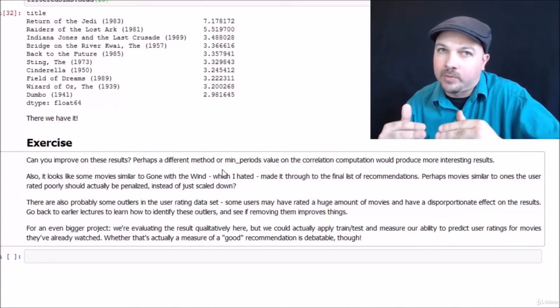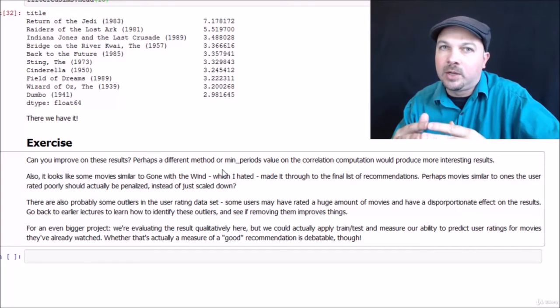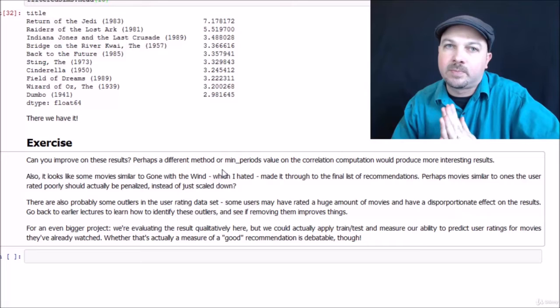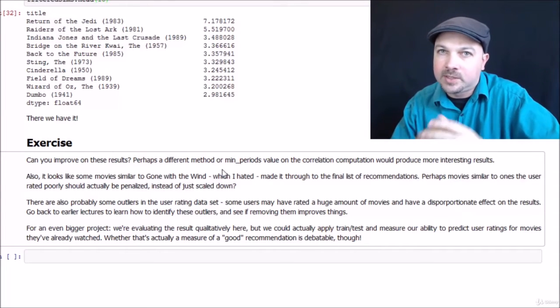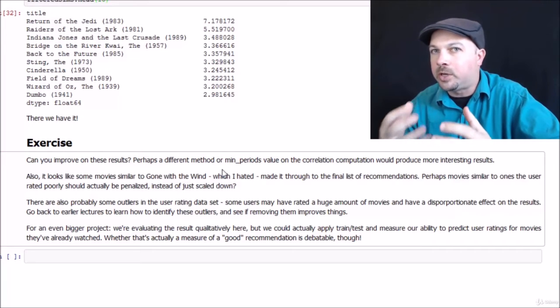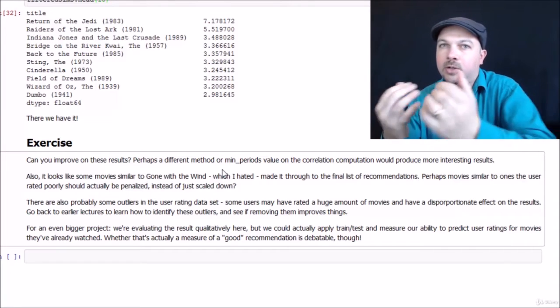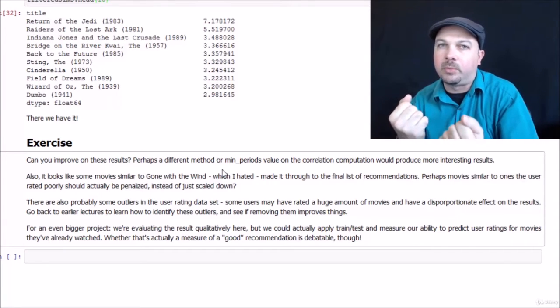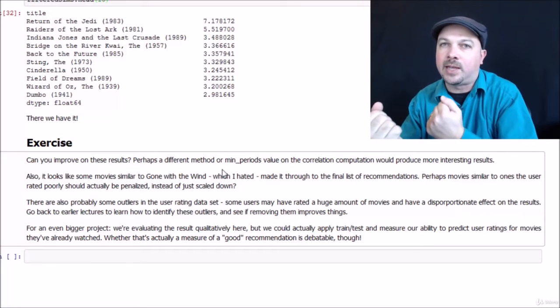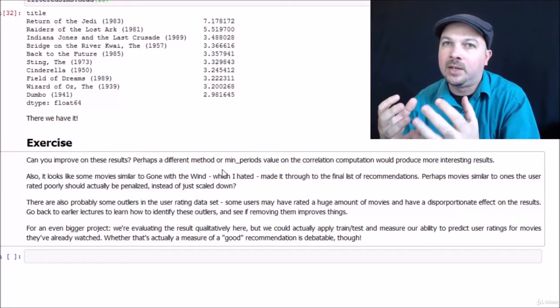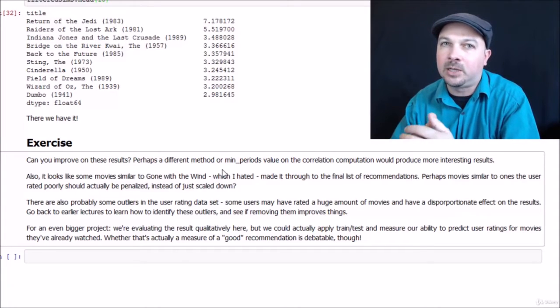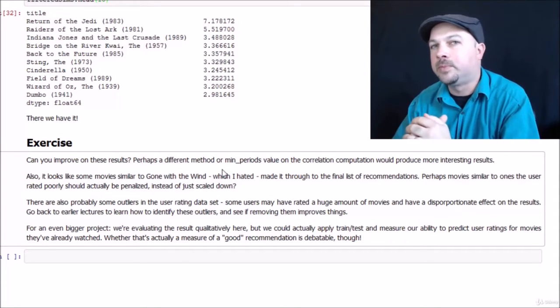If you were to lower that, for example, I would expect you to see some new movies maybe you never heard of, but might still be a good recommendation for that person. Or if you were to raise it higher, you would see nothing but blockbusters. So sometimes you have to think about what the result is that you want out of a recommender system. Is there a good balance to be had between showing people movies that they've heard of and movies that they haven't heard of? How important is discovery of new movies to these people versus having confidence in the recommender system by seeing a lot of movies that they have heard of? So again, there's sort of an art to that.